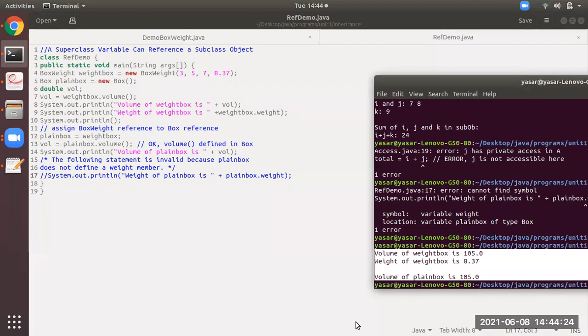See what is happening? weightbox.volume means weightbox is an object of BoxWeight. In that it will go and invoke the volume method. And you all know the volume method will calculate the volume with particular dimensions.